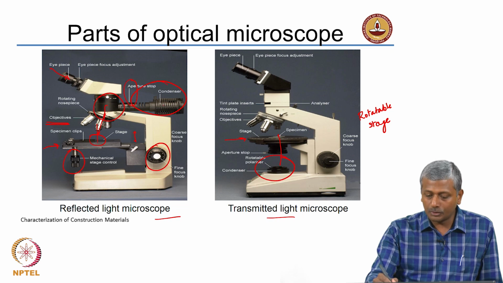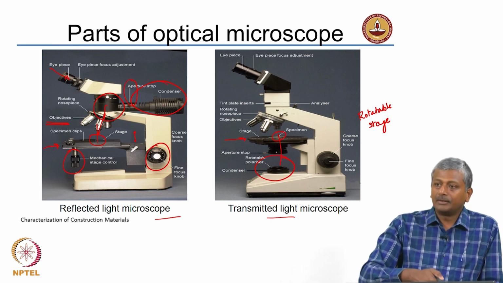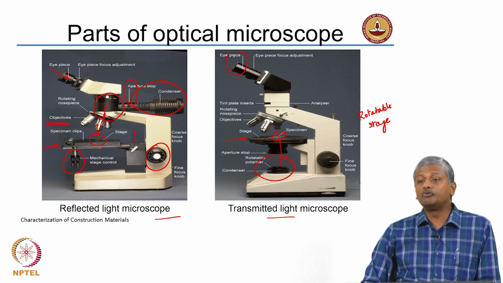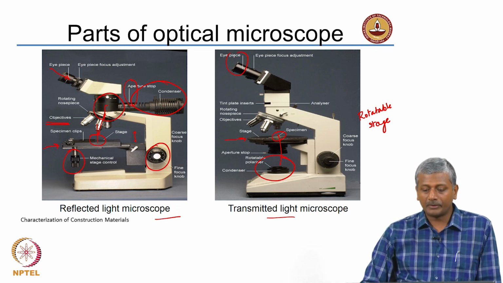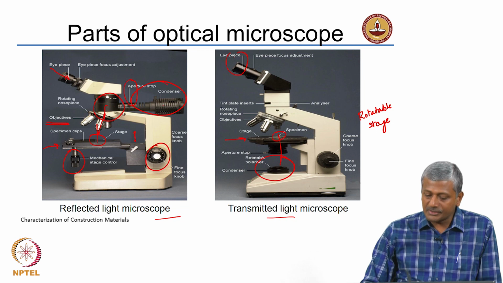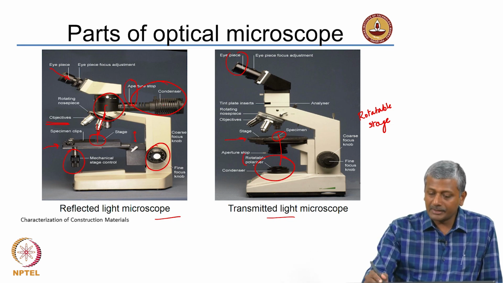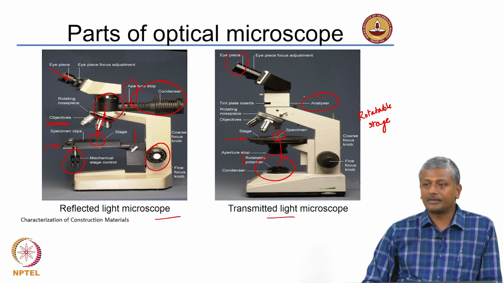It goes right through the specimen and then the light is collected by the objective lens and then you are measuring it or viewing it with the eyepiece. Okay. So, you can also see there are other features here. There is a rotatable polarizer in this location and there is also an analyzer on the other end.